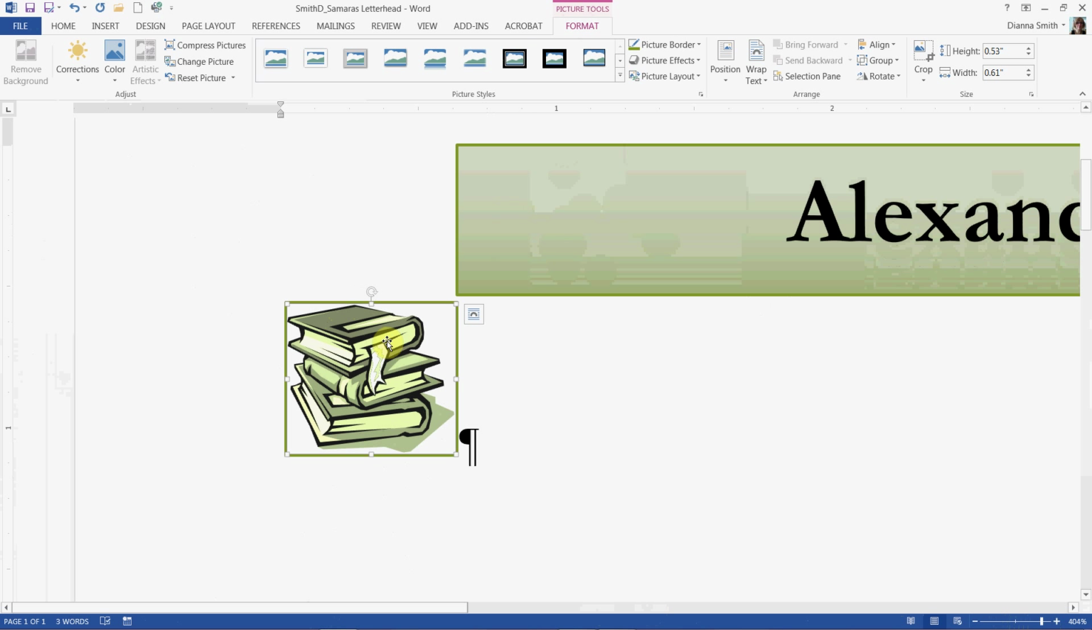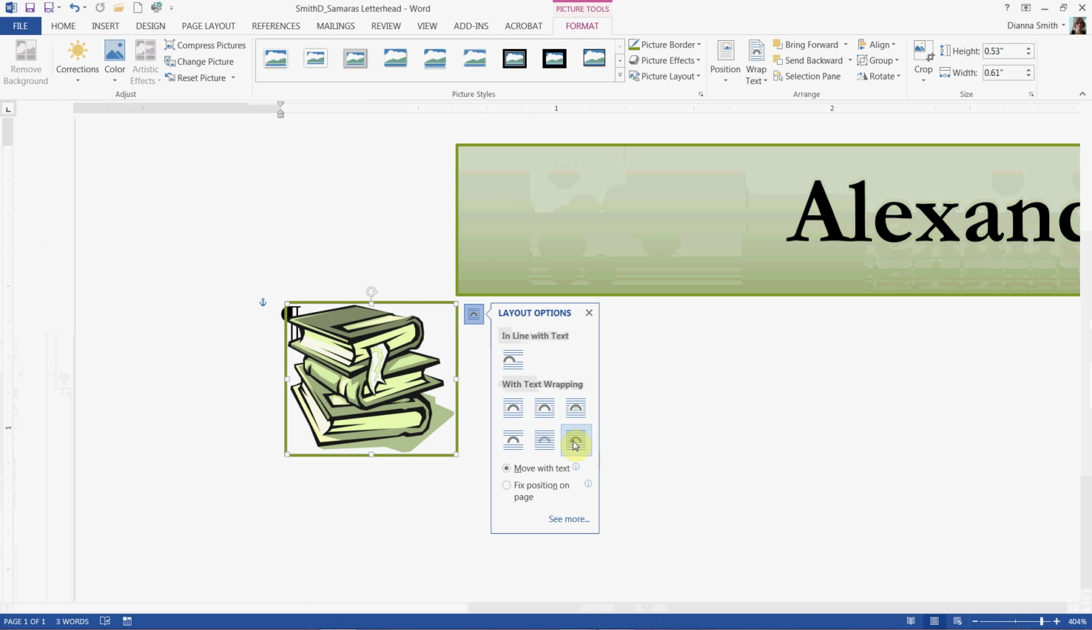Make sure that your picture is still selected. You know it's selected if you have your sizing handles and your turn button. It is selected. And this time we want to choose our layout options. So we're going to come here and we will choose in front of text because we're going to stick it in front of our text. There we go. And in front of text is probably the wrap that I use the most often. So now you want to close that view,